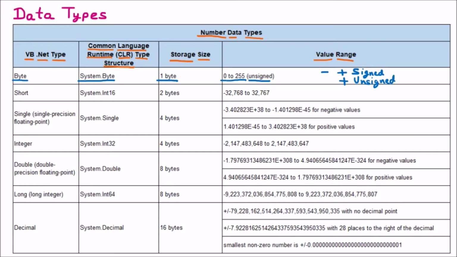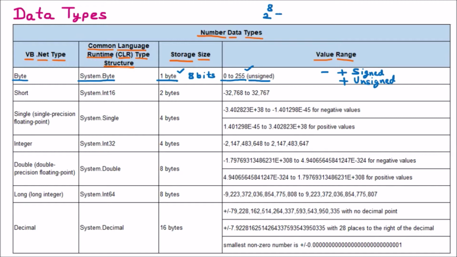Now we should understand one more thing. Here 1 byte is mentioned, and out of this 1 byte we are having a range which is 0 to 255. How is it taken, means from the byte how do we calculate the range? We know that 1 byte is equal to 8 bits. So every byte is having 8 bits. Now we know that in the system we are having memory. The memory consumption is always equal to 2 raised to the power number of bits. So 2 raised to the power number of bits is the memory consumption.